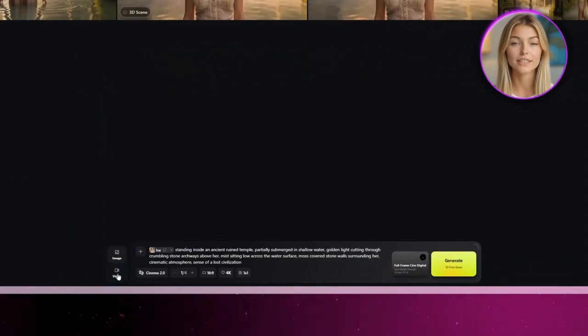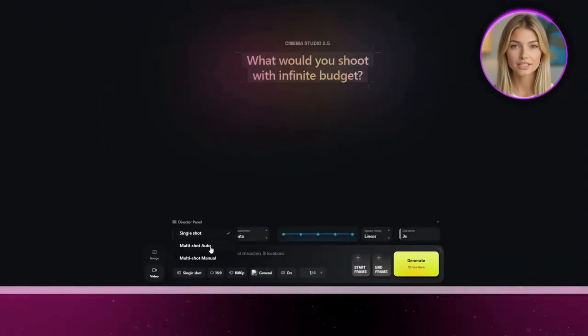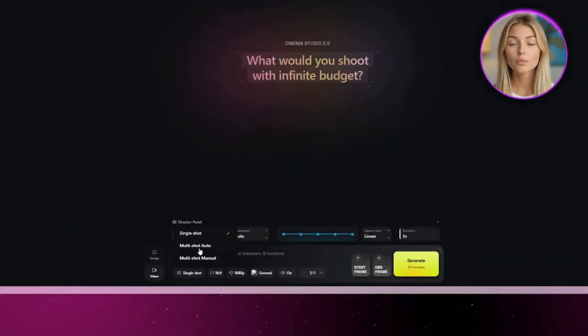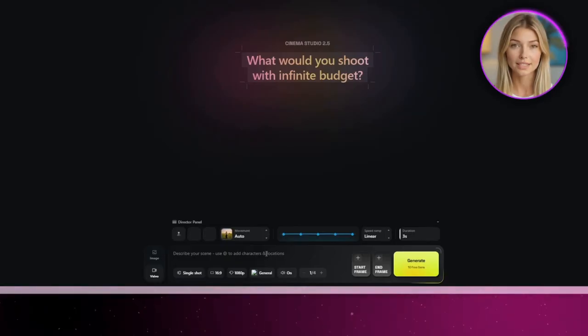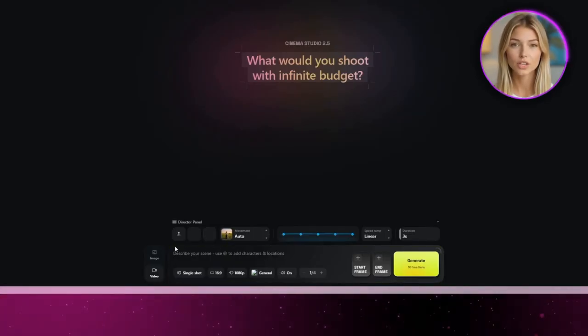With your image ready, you are going to move into video mode within Cinema Studio. You have two main options here, auto mode and manual mode. Auto mode is great if you want something fast. You write your prompt, and Cinema Studio handles the shot